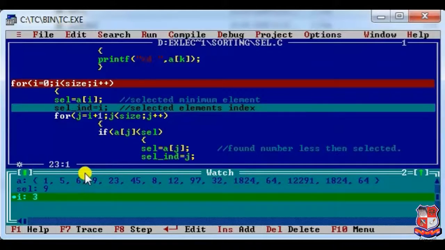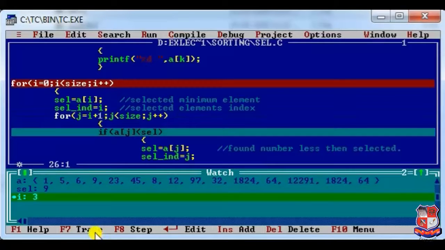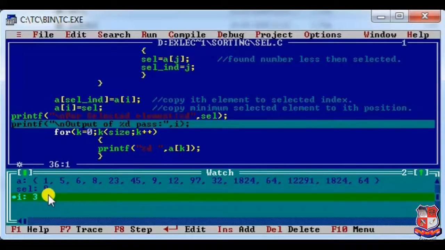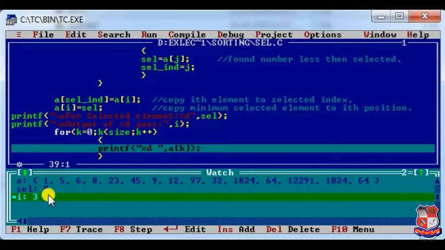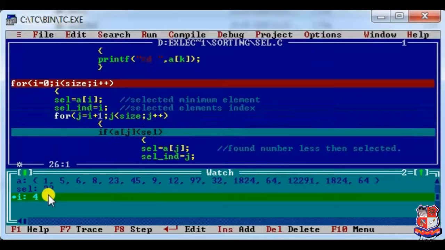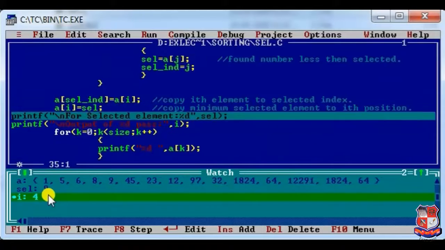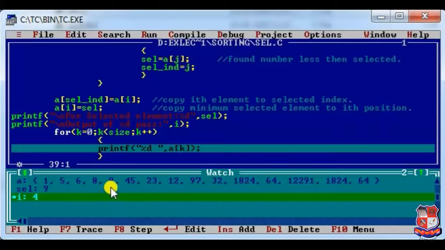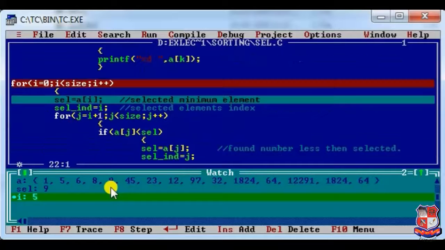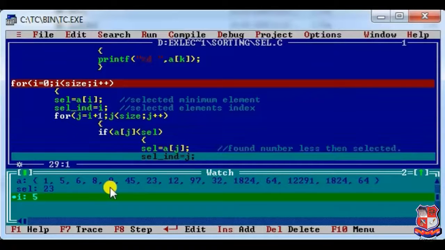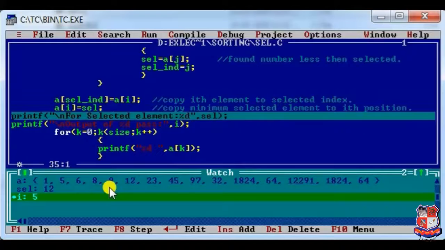Similarly, now we don't need to think about these 3 elements, 1, 5 and 6, because they are already placed to their proper position. Now the next smallest element will be 8. Yes, next smallest element has been selected 8. 8 will be placed to its proper position. Next smallest element will be 9. 9 is already processed.